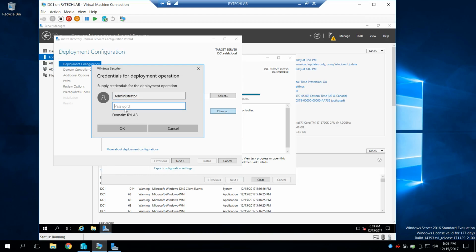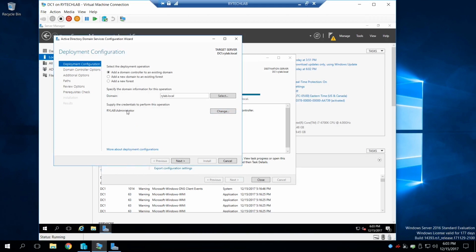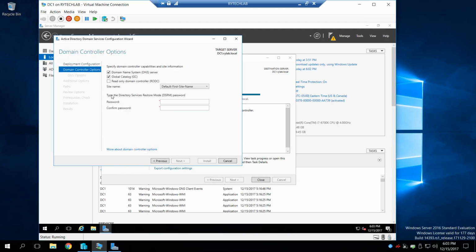Okay, and you go ahead and enter your administrator password. Okay, so it has to be the domain administrator, and you have to be a part of that group. You go ahead and hit next, and it's going to ask you for,